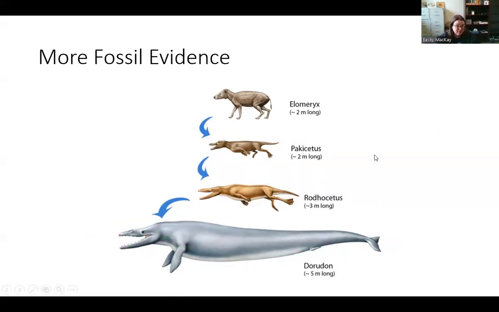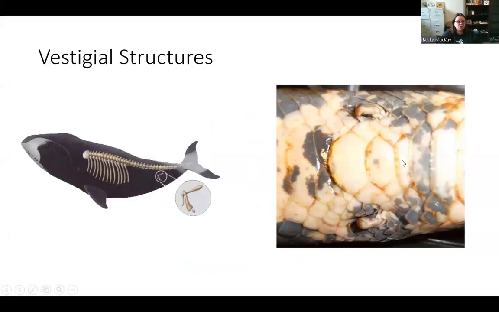There are also vestigial structures. Vestigial structures are structures that in modern day have no point at all. Whales still have hip bones. You have to have hip bones if you're a tetrapod, which means you have four legs. The hips give your body support. That's why humans have hips. They support our body. Whales don't need hip bones because they don't have back legs. But they still have really, really rudimentary ones that don't have any purpose. They seem to just be left over from before.